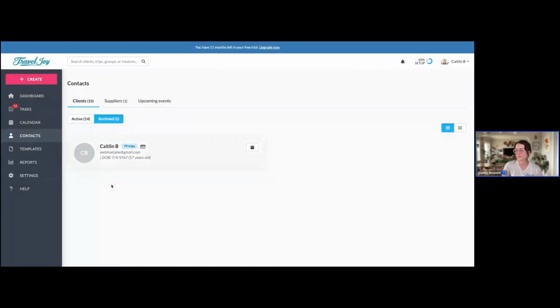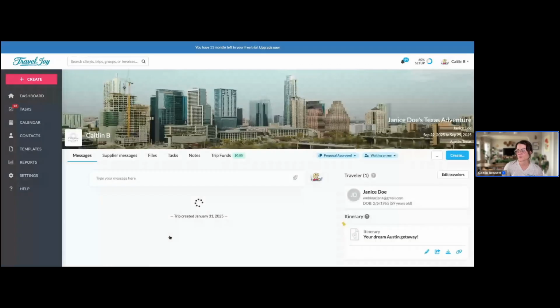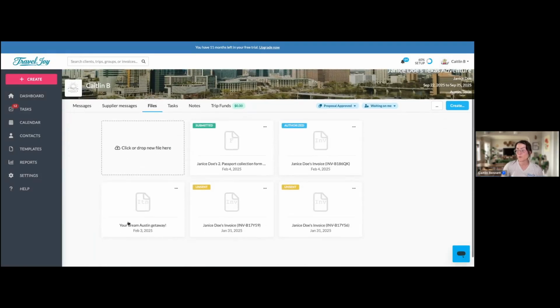All right. Now, I do want to show you also a new update to confirmation emails when it comes to invoicing. So invoices can now have confirmation emails sent when your client authorizes or completes a payment. You can do so from a couple different locations. If we head back into Janice's trip and head to our trip files tab, both itinerary or invoice types, both supplier and direct, are going to allow you to choose this confirmation email underneath